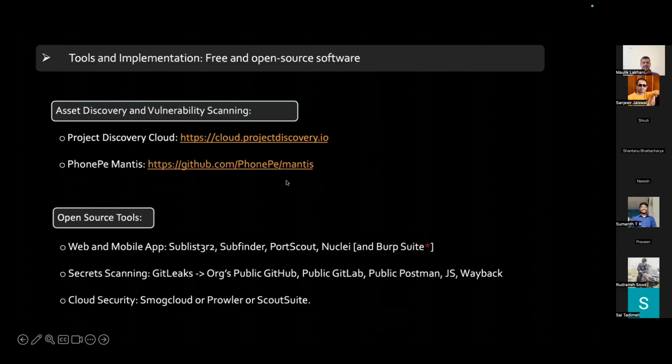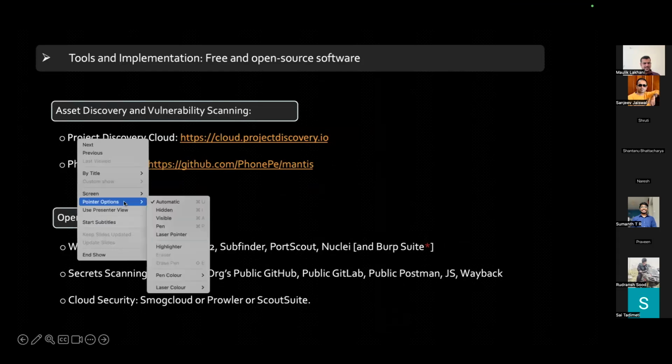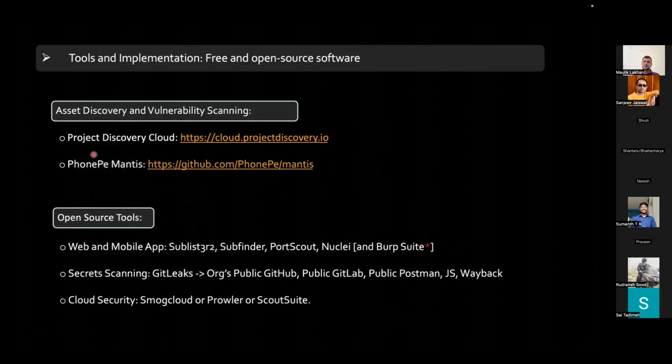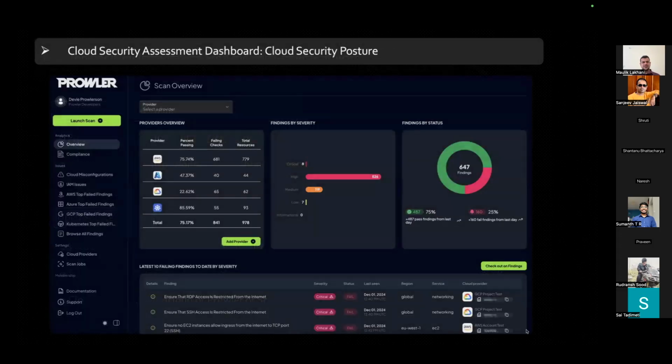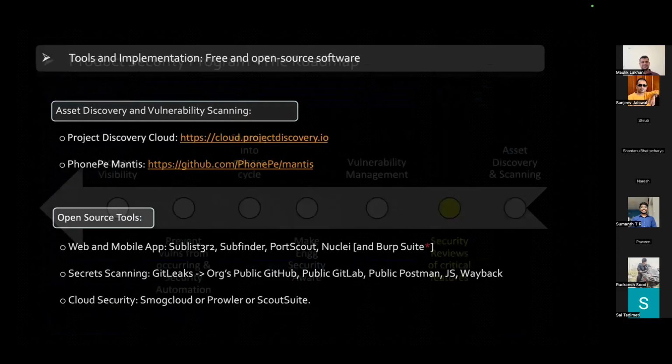So this was basically the idea. There are two things which we showed: one was Project Discovery Cloud, and we also touched a bit upon the Mantis tool. You can create an automated workflow, and Mantis gives you a complete workflow already built, so you just need to run that tool. But if you want to implement your own workflow depending on the needs of your organization, these are some of the tools you can use, and you can pick and choose and build your custom workflow. Ultimately, the outcome will look like the demos we have shown.